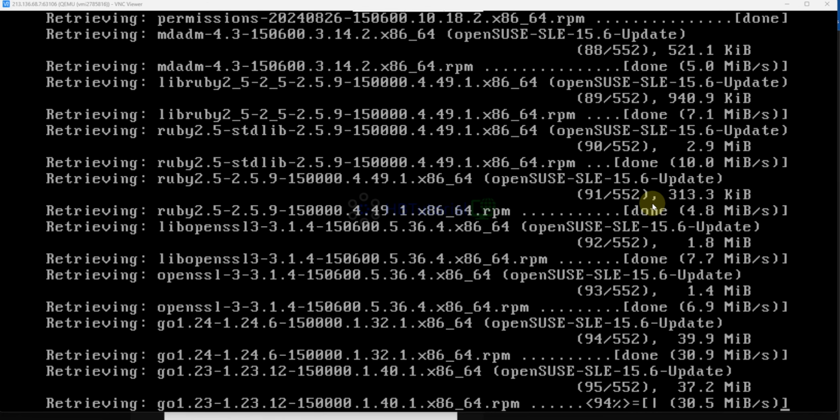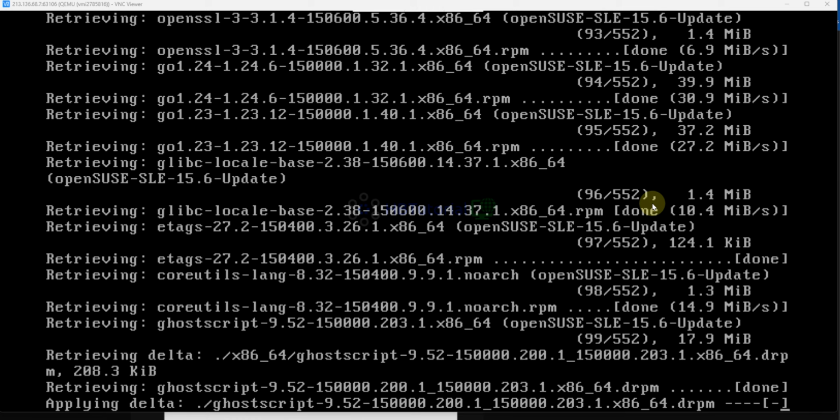So this one we will skip the Zypper app. After this installation, we will start doing the BCBox Express or BCBox install. Now there are 99 updates over.